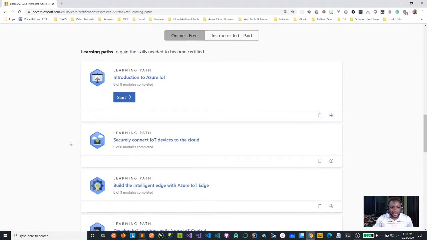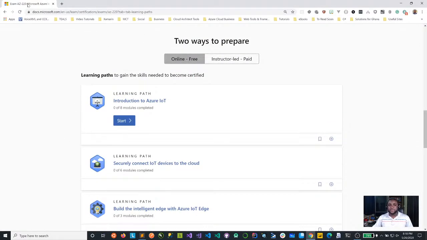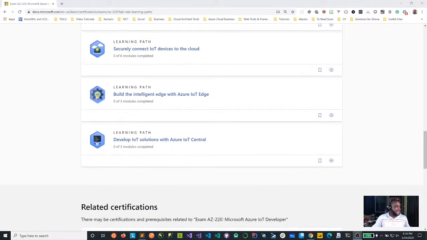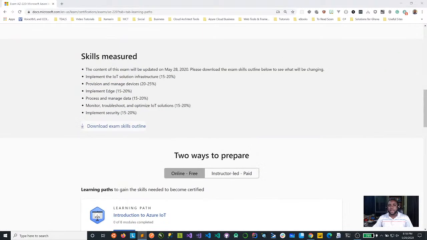But there's also a free online learning path, all right, that you can take, which is on the website. Let me actually share this link as well. So if you're interested in IoT, being an IoT developer, you can take this exam and then you should be good to go. That is the first thing that I want to share with you. Now, if you have any questions pertaining to this, don't hesitate. Just reach out to me on any of my social media handles, and I'll try to respond accordingly.